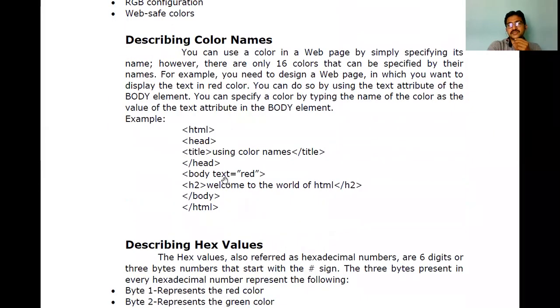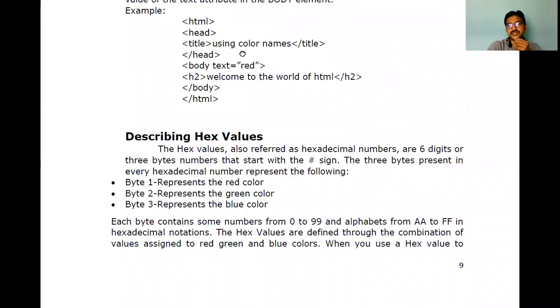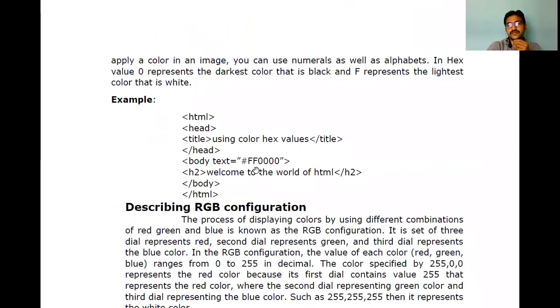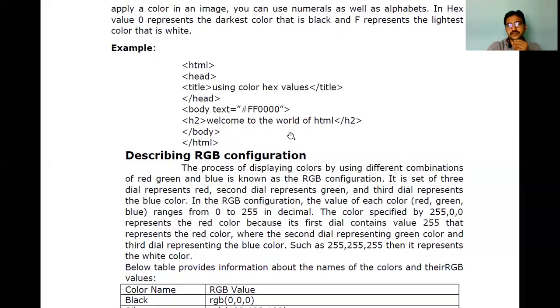Color names can be indicated like red, blue, and hexadecimal can be represented with 1 byte, 2 bytes, 3 bytes. 1 byte equals 8 bits, starting with a hash sign. Examples are hash ff0000. Like this we can also mention them.